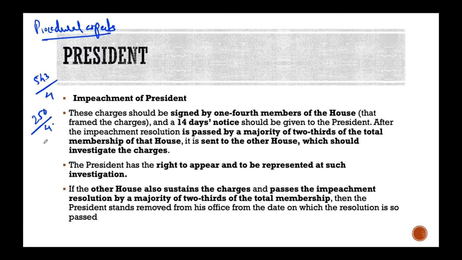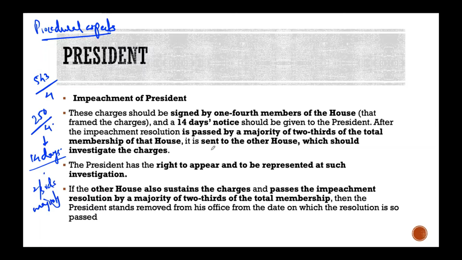After this, you're supposed to give 14 days notice to the president, so that he or she is also prepared and can understand what charges are being framed against them, and how they are going to explain their position. After the impeachment resolution has been passed with a 2/3 majority,